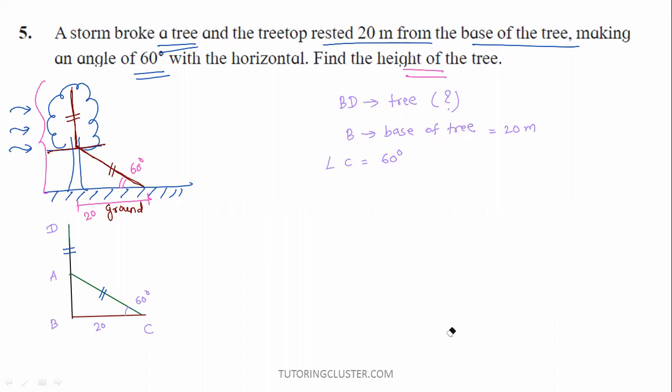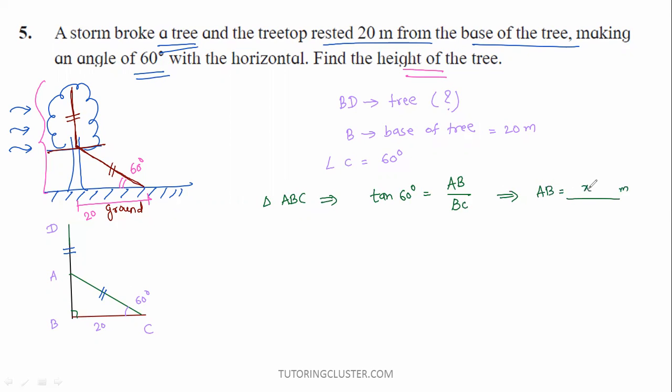Now we have already solved such type of example. If you have watched my previous videos, you can easily get this. So find out AB. This is going to be your homework problem. How you are going to find out AB? Let me write down the steps so that you can understand it. See here, if I am considering triangle ABC, what is tan 60 degree? AB divided by BC. So you can find out AB.